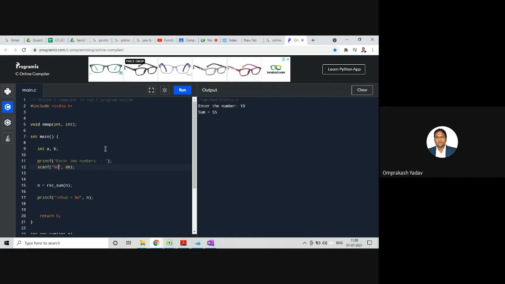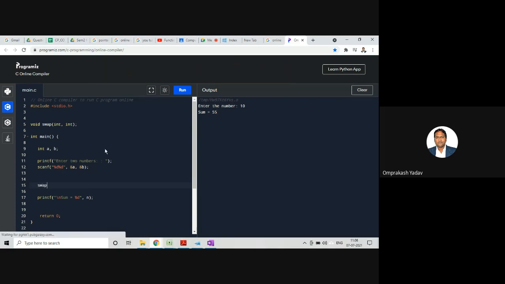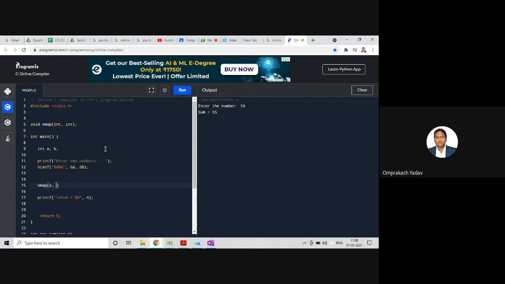So we'll say %d and %d, &a, &b. Now we are going to call that swap function and pass both the values. For example, if we enter 5 in a and 10 in b, then a should get 10 and b should get 5, right? So it should reverse the values.